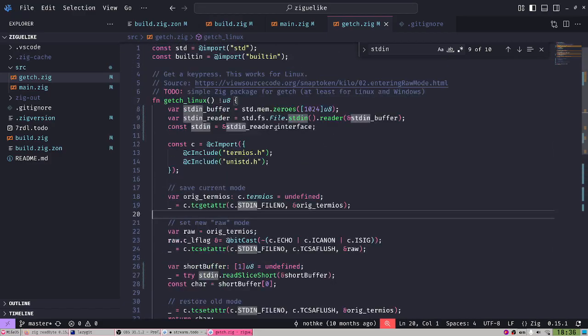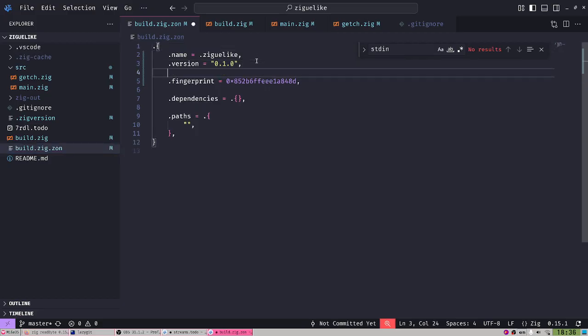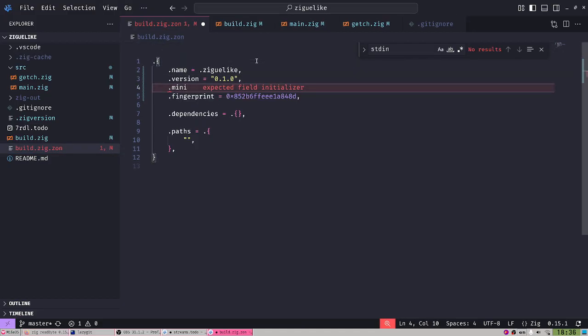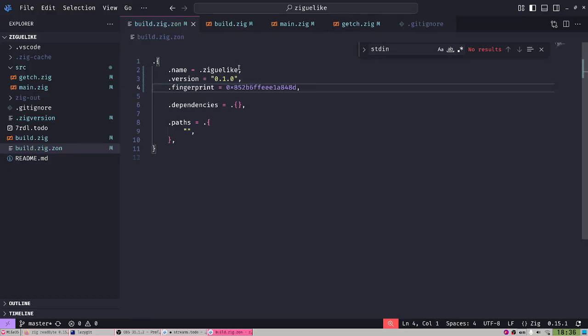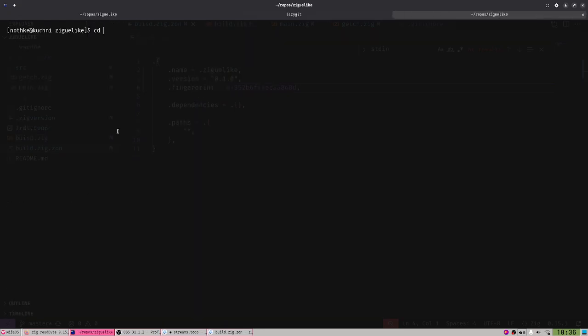So what have we done? Let's recap. In the beginning, we had to change things, because I was updating from 0.13 to 0.15. There's also, by the way, a minimum version thing, but I don't know exactly how to write it. I think there is a minimum version as well.